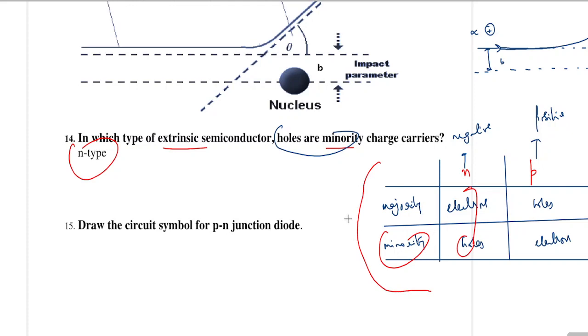Fifteen says, draw the circuit symbol for a PN junction diode. This is straightforward. Just draw a straight line with a triangle like this, a straight line here and an arrow. This is the symbol for a PN junction diode, where this end of it would be showing the P-type and this is the